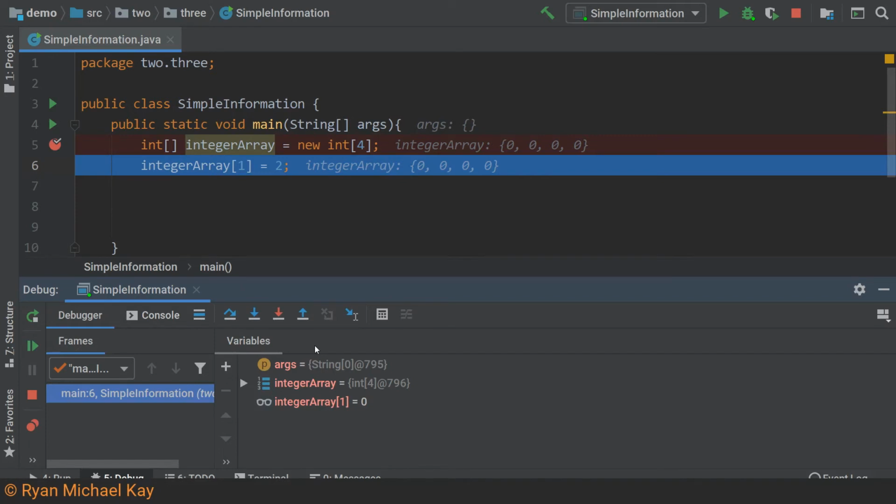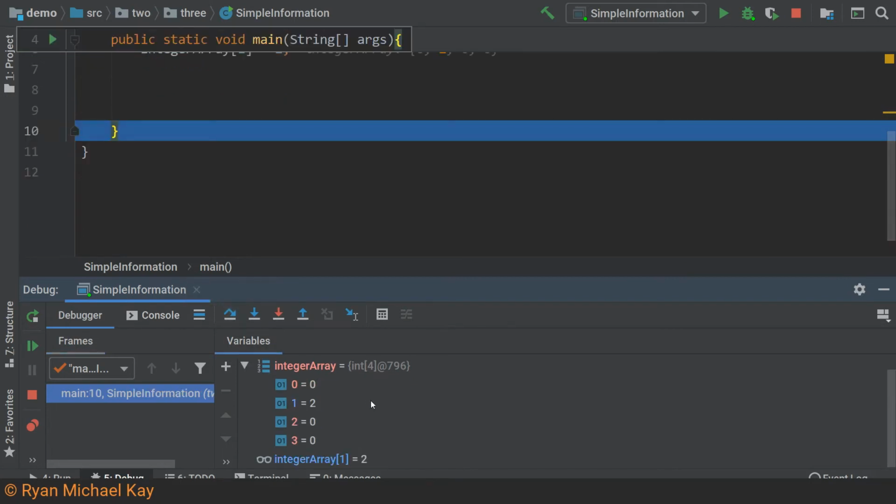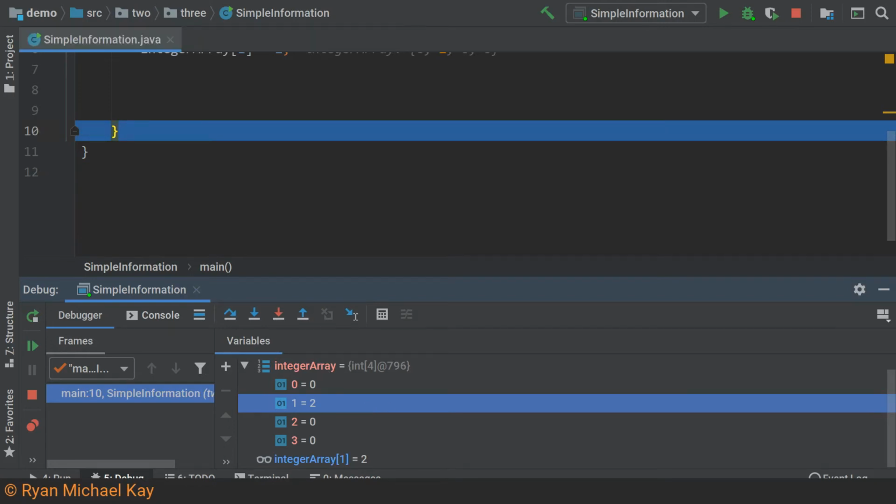Now let us execute the next line and answer the trick question from before. The answer is no, I did not set the first element in this array equal to 2, but rather the second element equal to 2. That is right, the index or location of the first element in an array is 0, and the second is 1, and so on. It is perfectly natural to be confused and even annoyed by zero-based indexing, but you will have to get used to it. There are legitimate technical reasons why this kind of indexing is preferred in arrays, but that is a topic for a different course.